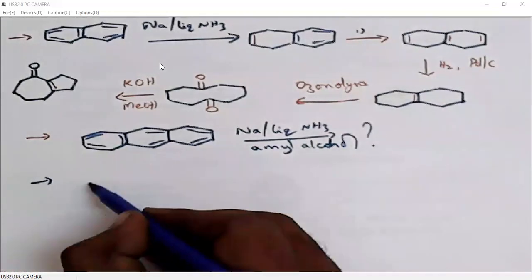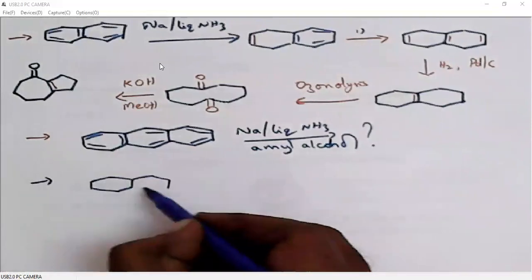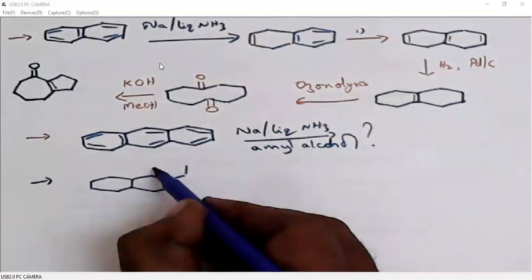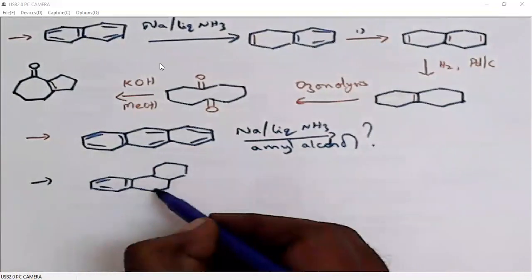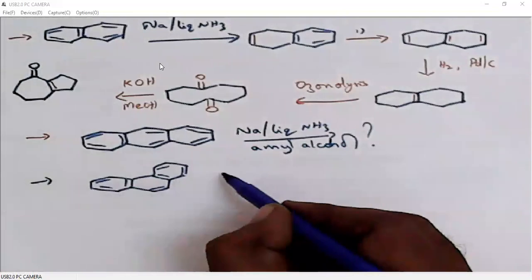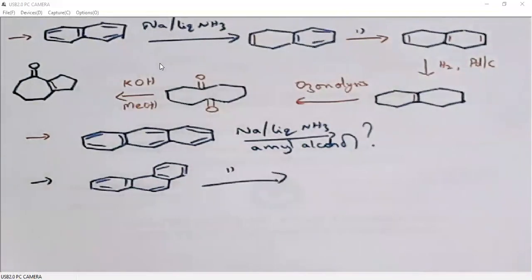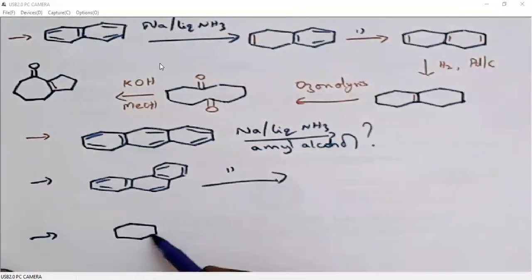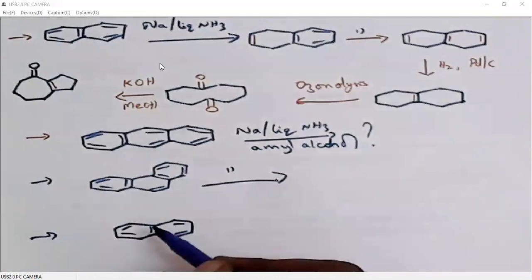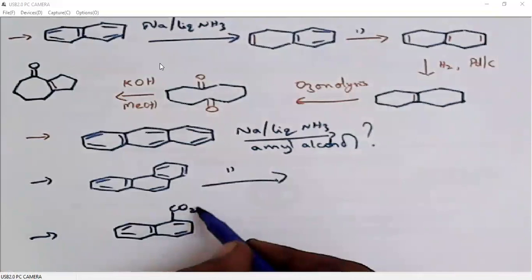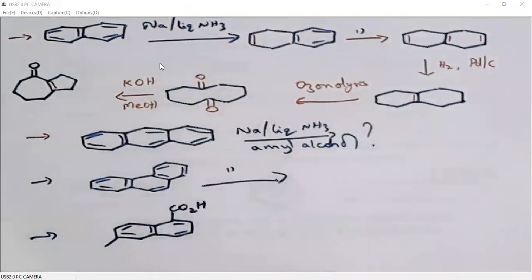And similarly, phenanthrene. Naphthalene also, we can differentiate the Birch reduction rings based on the substituents. That means according to electron releasing, electron withdrawing, or more electron withdrawing, less electron withdrawing, or more electron releasing, less electron releasing, something of this kind.